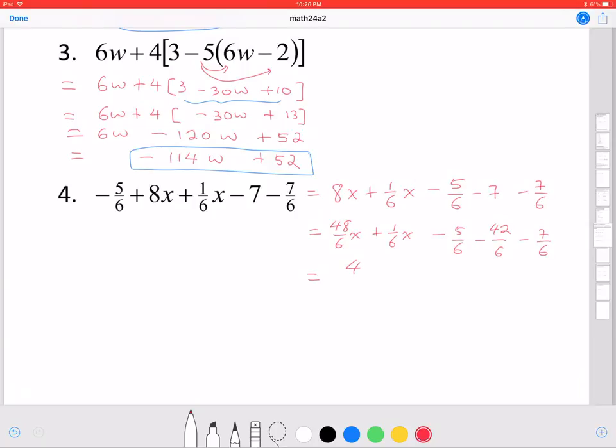So this will be 49 over 6x, and here negative 5 minus 42 minus 7 should just be negative 54 over 6. Okay, almost done, except this negative 54 over 6, of course, is simply negative 9. So try to reduce and write